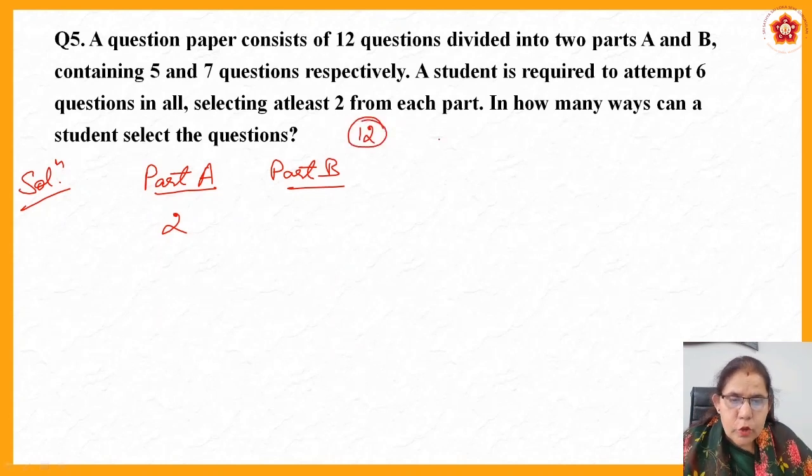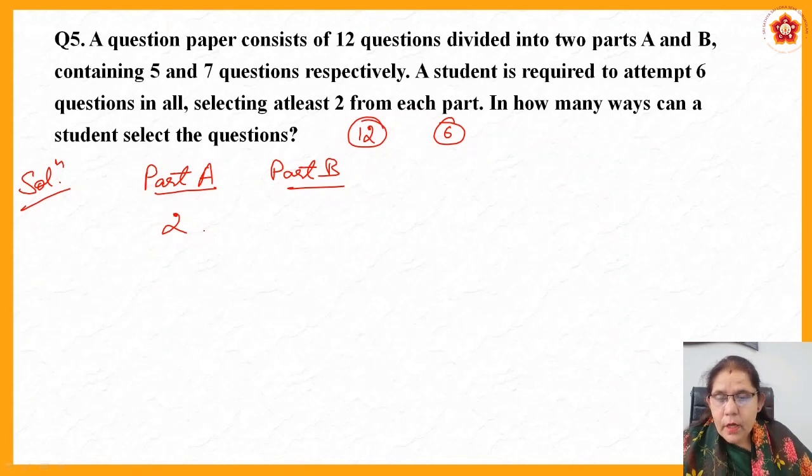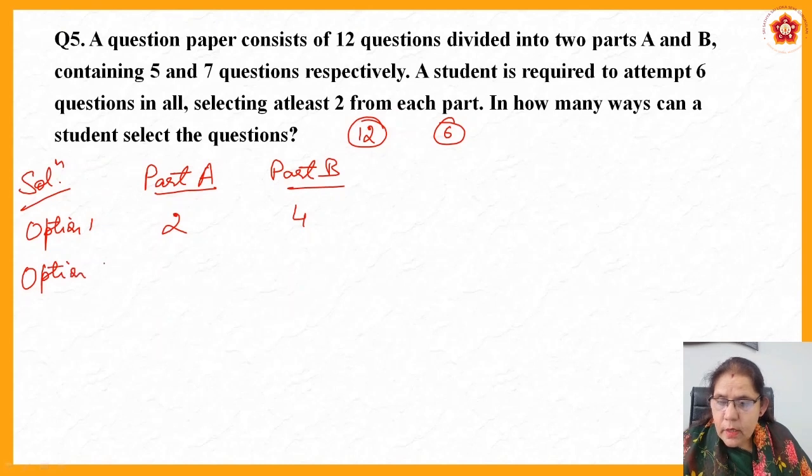6. Because total questions are 12 and you have to attempt 6 questions. So if from part A you have done 2 questions, then how many questions do you have to do from part B? 4. Then only it comes to 6, 2 and 4. This is option 1, that from part A you selected 2 questions, and from part B you will have to do 4 questions, so that the total number of questions attempted by you is